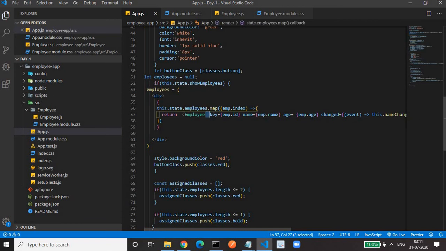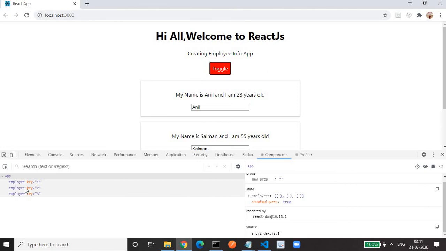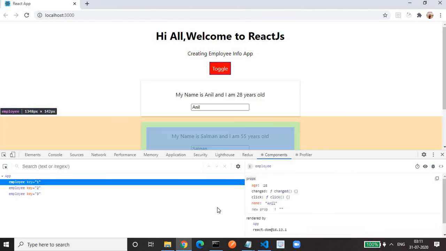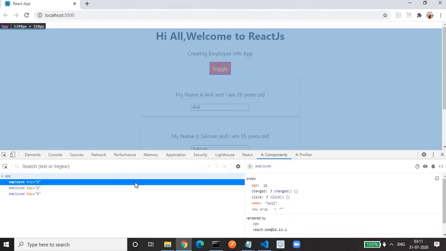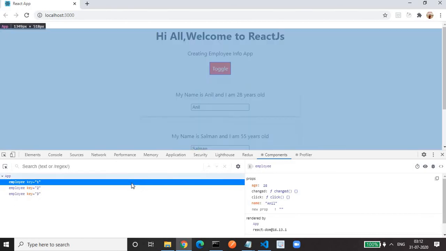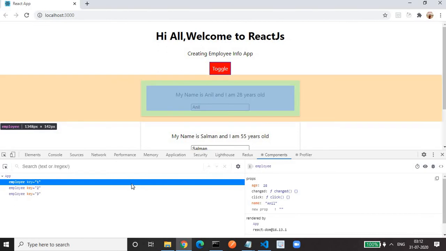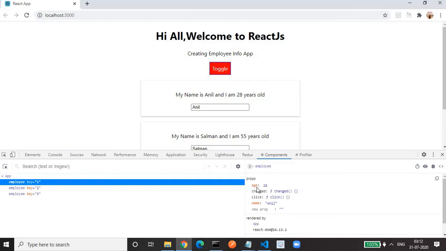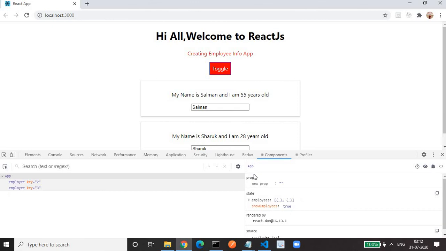So you have to provide the unique key that we have already discussed in my previous video. Let me select one. It automatically selects that component and highlights it, and we will find props age is 28.